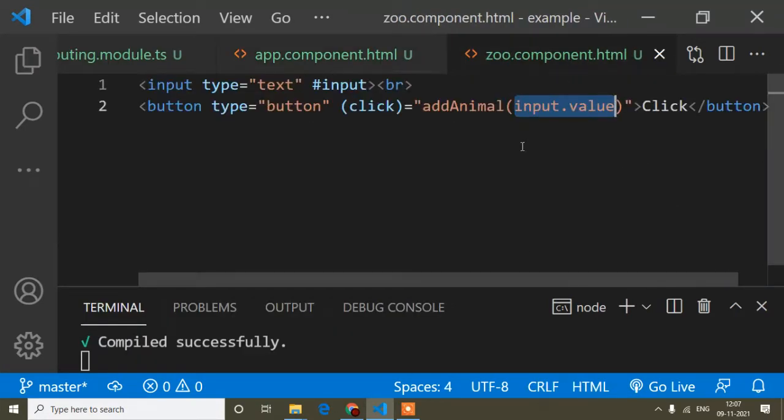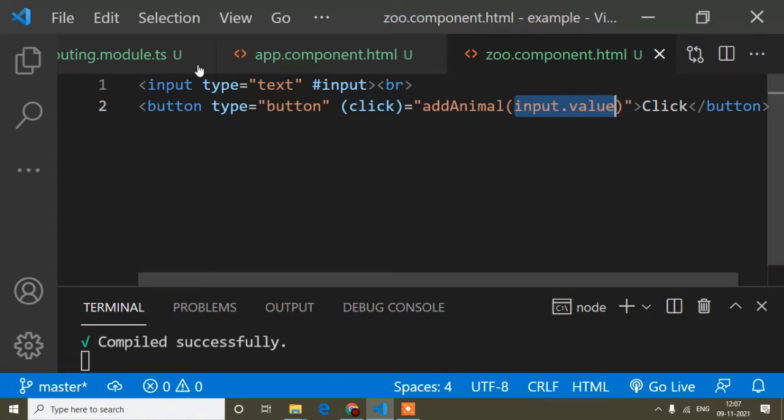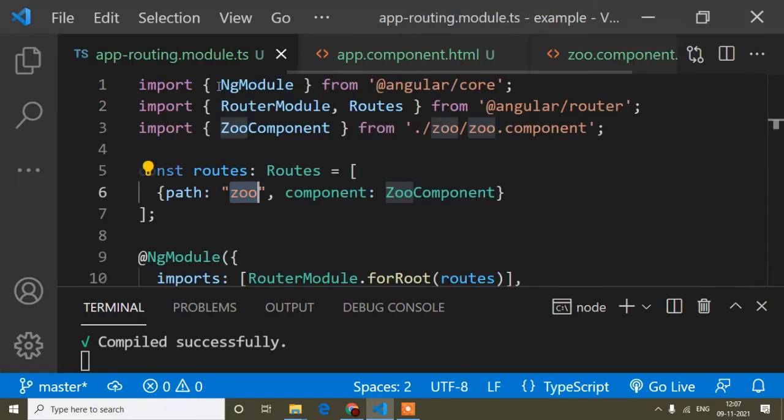So guys, here I'm just creating a route because I forgot to create a route already, so that's why the video is going long. If you know how to create a route, you can skip this part, and otherwise you can watch, because someone doesn't know how to create a route. So we simply write the path name and component. In this path we want to open the component, that is zoo component.